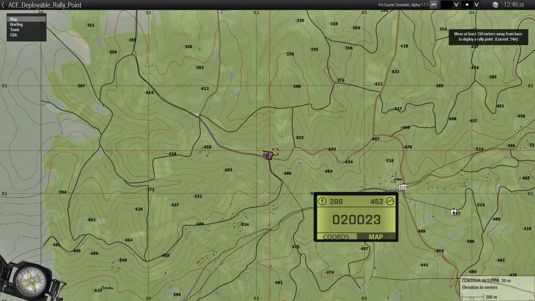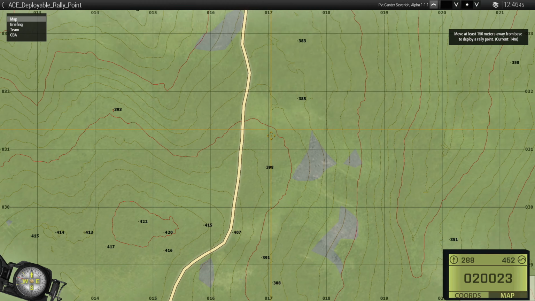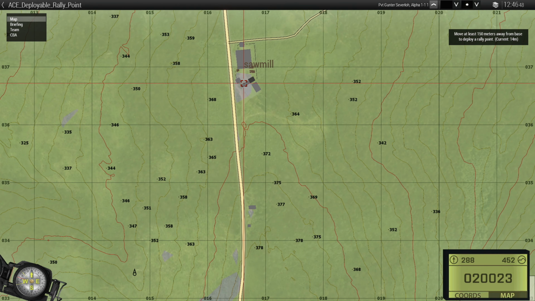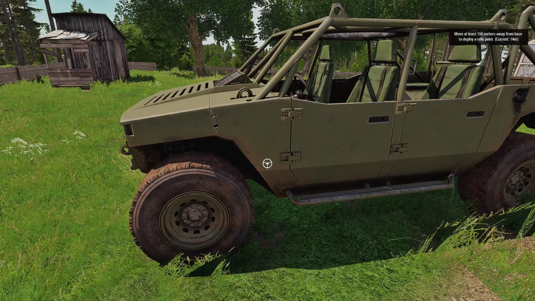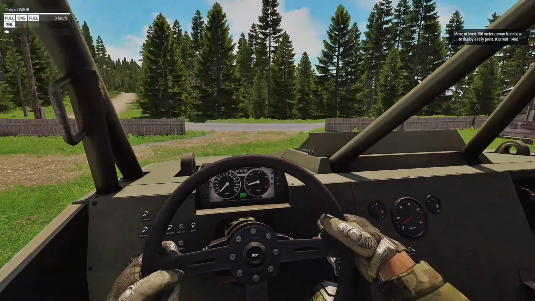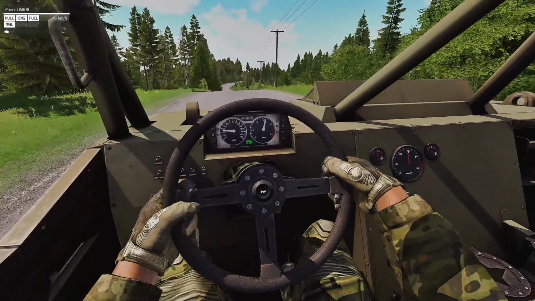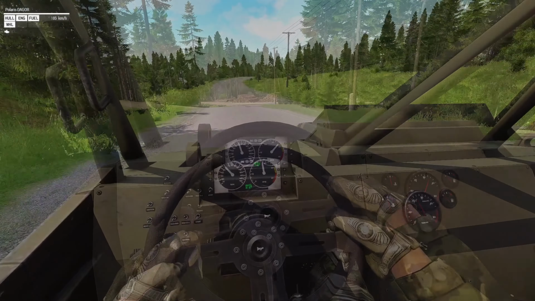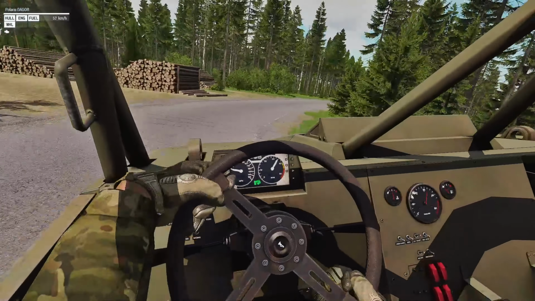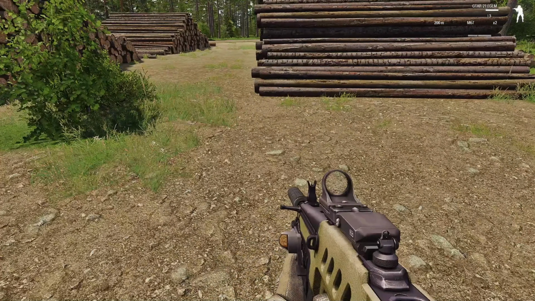What we'll do is we'll go down the road and we're going to go right about here and deploy a rally point, and then we'll go up the road a little bit, deploy one here, and then we'll go down the road a bit and deploy one right about here. Let's do it. Okay, deploy a rally point,